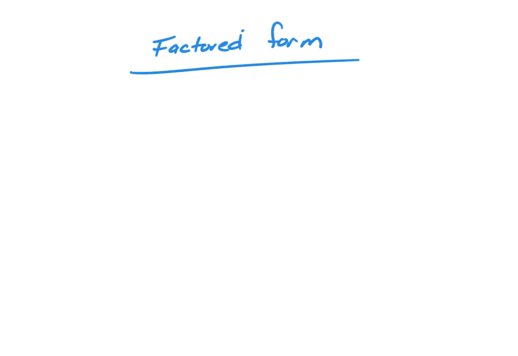Okay, we've talked about standard form. One way that we're going to see some of these equations written is in what we call factored form. And we didn't see this a lot with quadratics. We could have written in factored form in some cases, like x plus 3 squared. Sometimes like when you have it in vertex form, that would be considered the factored form. But in this case here, factored form